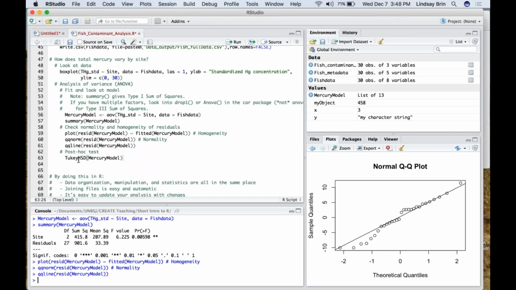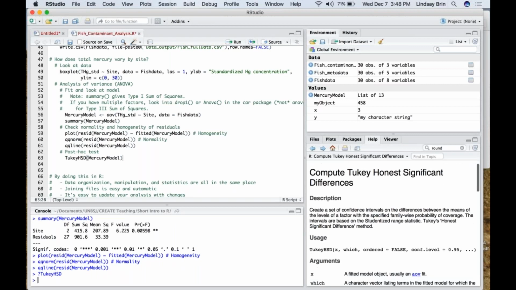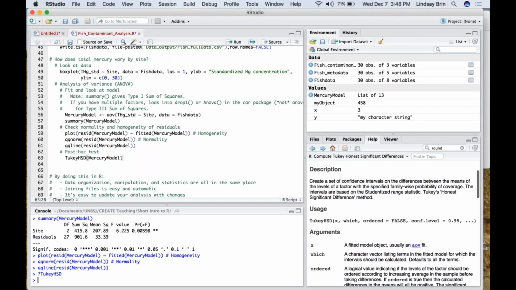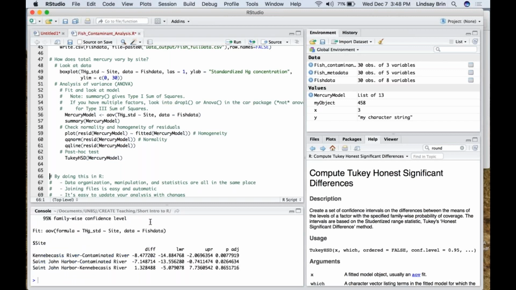It's really easy to implement a Tukey test. If you want to look at the help file for this function, TukeyHSD, it will tell you about the Tukey honest significant difference post hoc test. But basically, if you have a simple ANOVA, all you need to do is pass it that model to look at the post hoc test. So if we run that line,